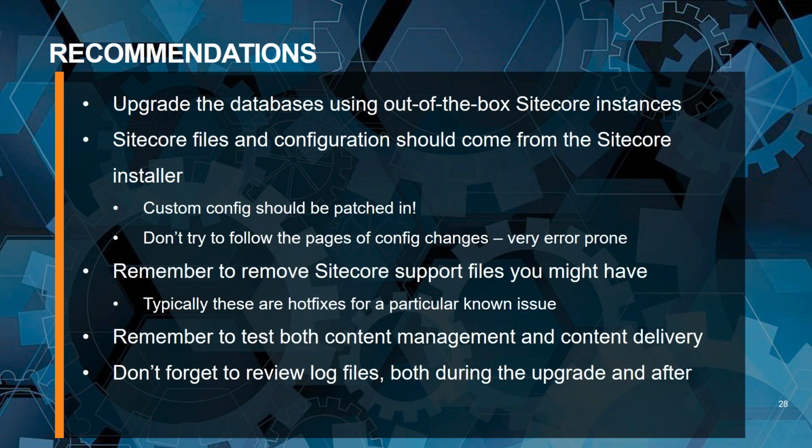As I've been repeating, it's always better to start with a vanilla, out-of-the-box Sitecore instance. Not from the content perspective, but from the coding, the configuration, the DLLs and all of that. It's better to replace them with the version which comes with the base install. If you are on 7.7, take the config files you received as part of the base install and start from there. Otherwise, if you have a lot of customization, the upgrade process will fail, and debugging and fixing may take a lot of time. Add your customization at a later point.